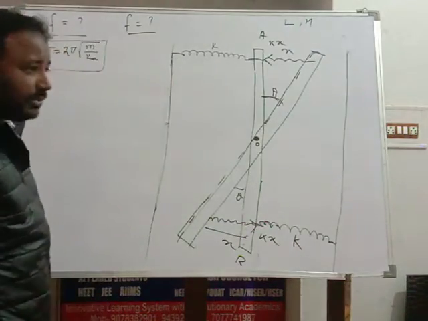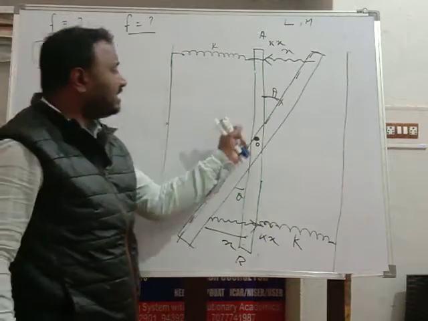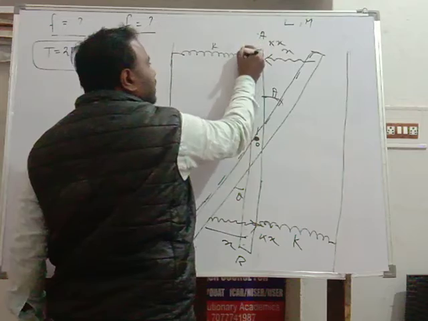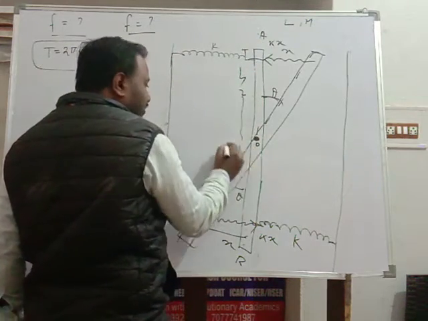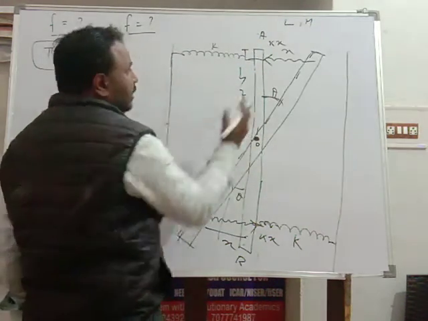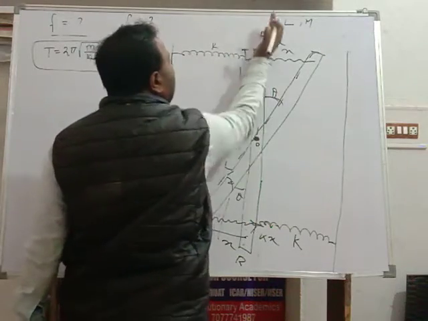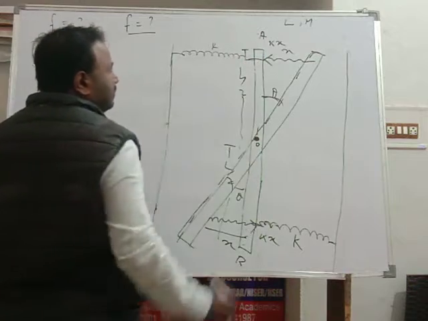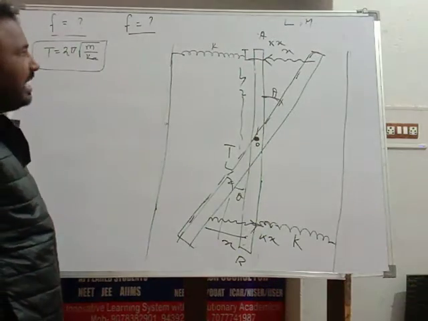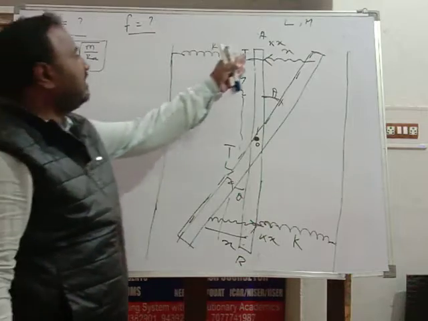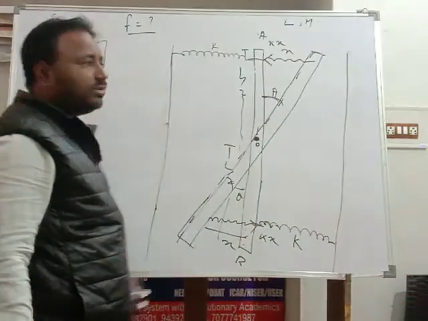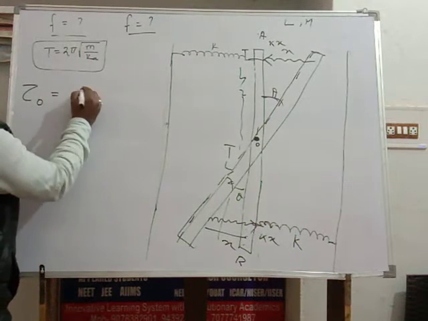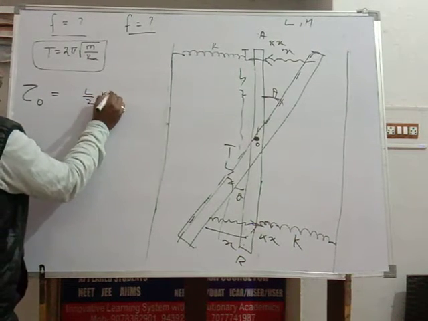Alright. So we will first find the net restoring torque about this point. This perpendicular distance is L by 2. This is L by 2. This is also L by 2. So restoring torque would be equal to how much? R cross F. Here R is nothing but L by 2, into what? The spring force is how much? Kx. Yes or no? So tau about O would be equal to L by 2 Kx.